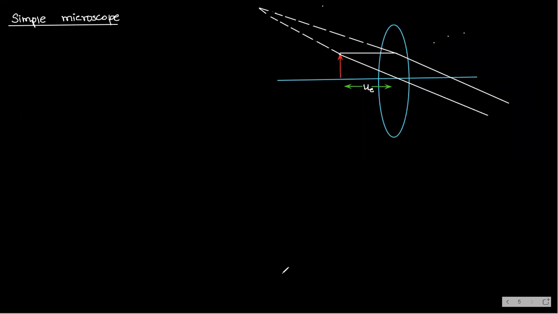So this is the virtual image which we are getting behind the object, somewhere here. This is the virtual image.